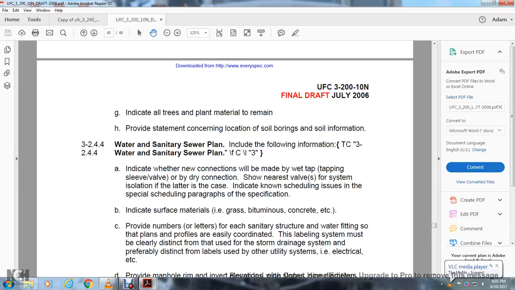Indicate surface materials: grass, bituminous, concrete, etc. Provide a number or letter for each of the sanitary structures and water fittings so that the plan sheets are easily coordinated. The labeling system must be clearly distinct from the storm drain system, and preferably distinct from the labels used on other utility systems,